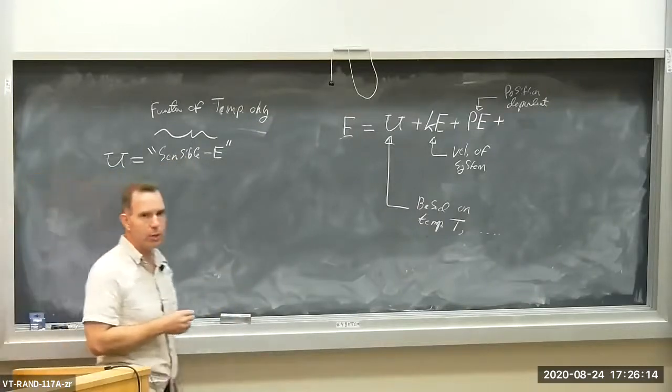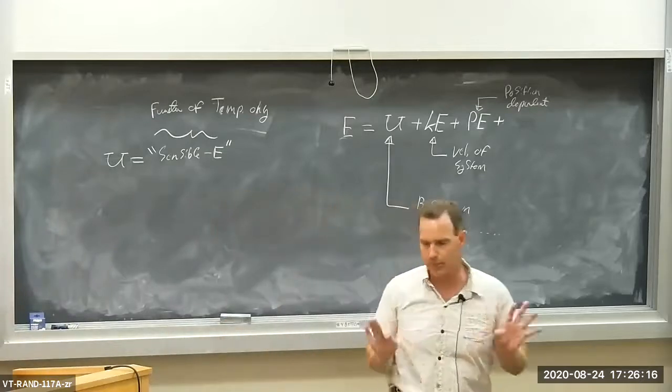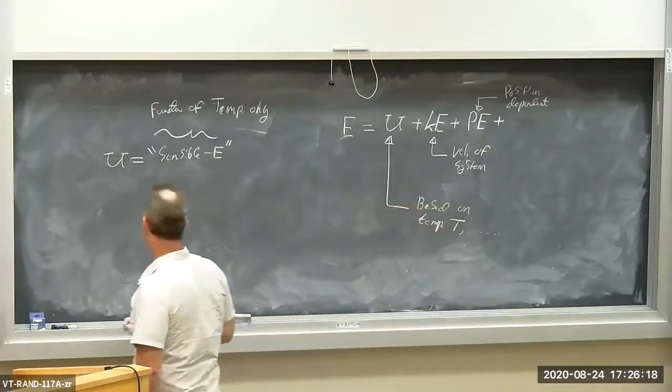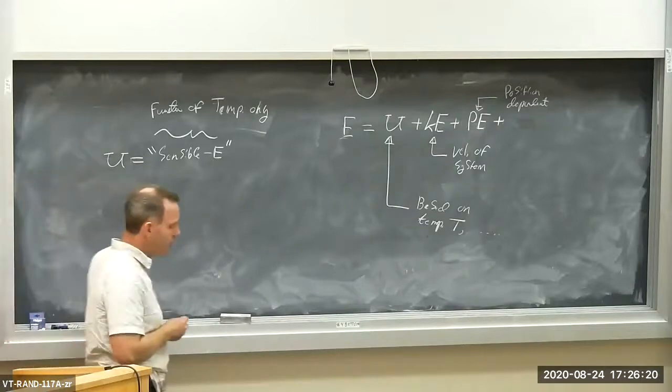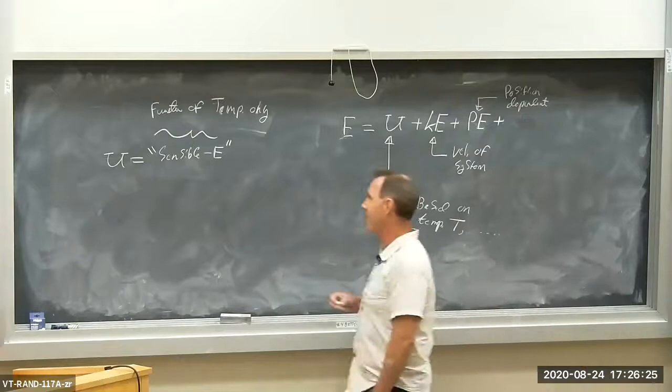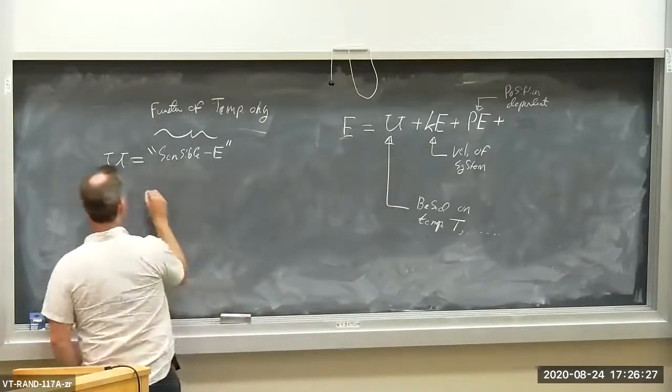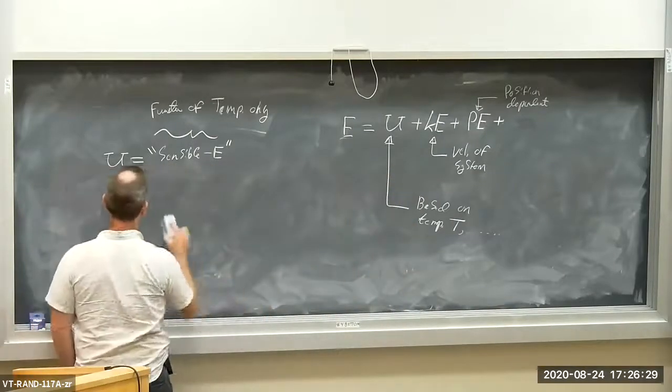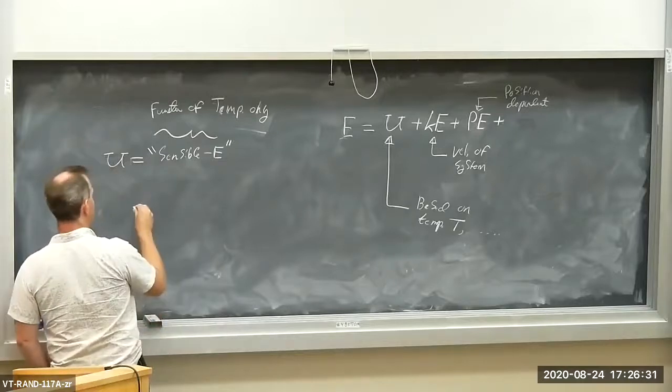Well, it's actually a function of mass because it's an uppercase E, but let's forget about that for a moment. Sensible internal energy is a function of the temperature of the system only. Then I've got, plus,